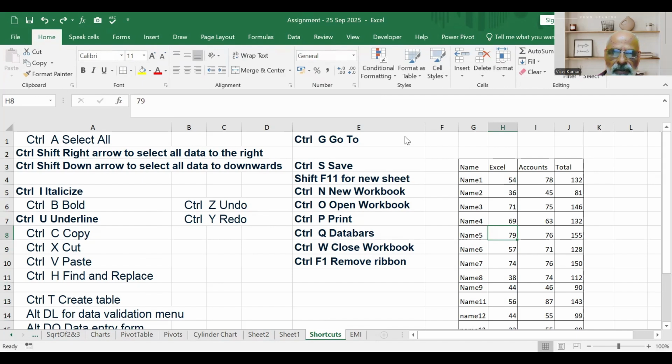Now you must remember to save the file every now and then, every 2-3 minutes, so that in case power supply goes off, you are not losing your data work. For 3 hours of work, you can't afford to lose whatever you have done. So you say Control S. Every now and then Control S. There's no limit how many times you can do it. So do that, Control S. Then we have